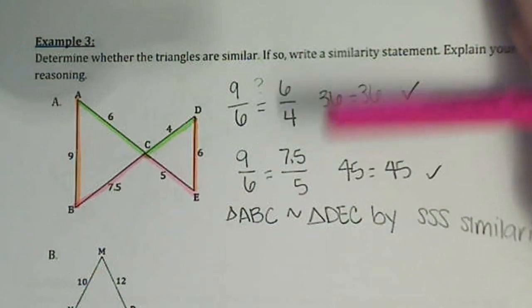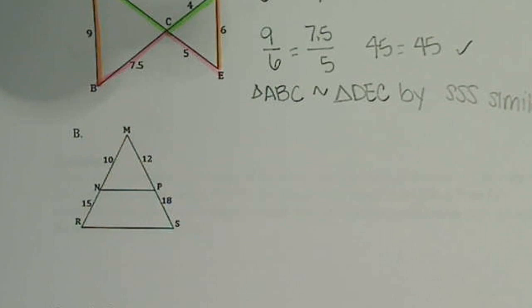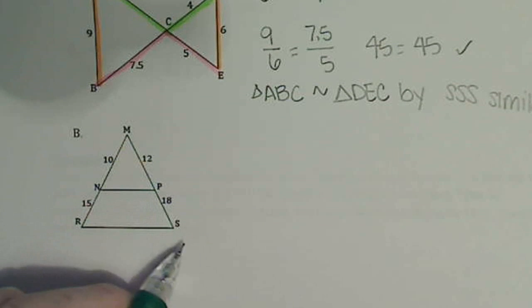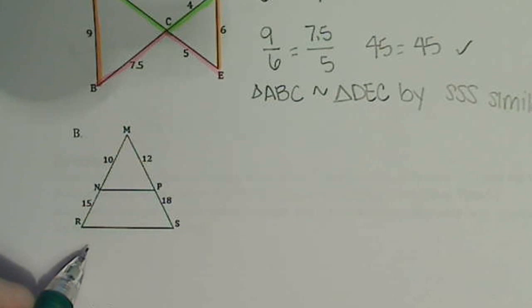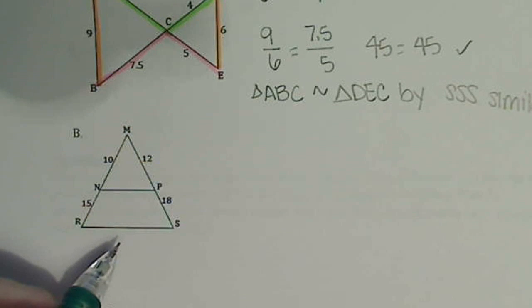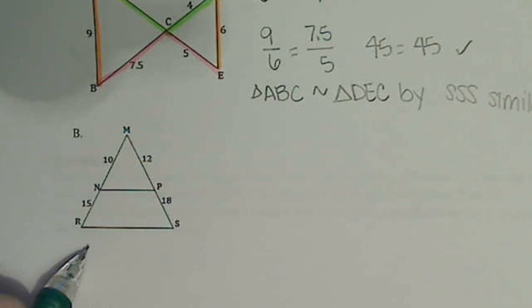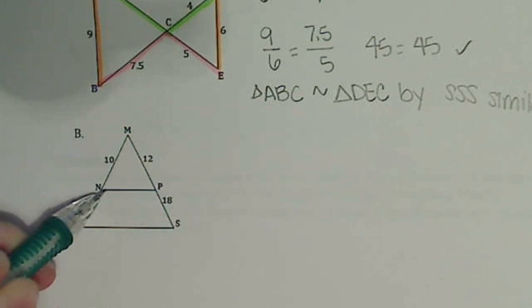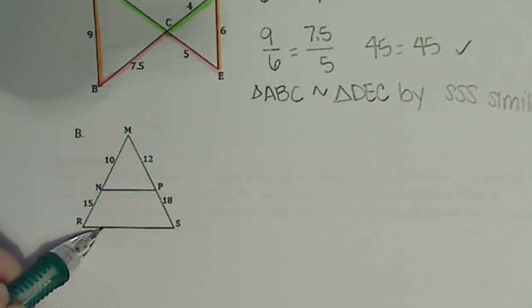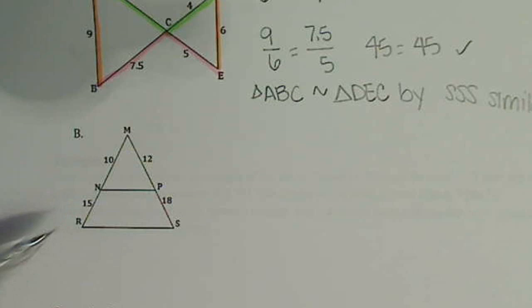Okay, letter B. I also see sides, but I don't see any angles, and I don't see any measurements here. So, I can't use side, side, side because there's no measurements here, and I cannot assume that they are a ratio because there are no measurements. So, I need to maybe think about what else I could use. I could use angle, angle, but I don't see any angles. So that must mean I need to use side, angle, side. Now I know you're saying, well, you just said there's no angles. And I did. But